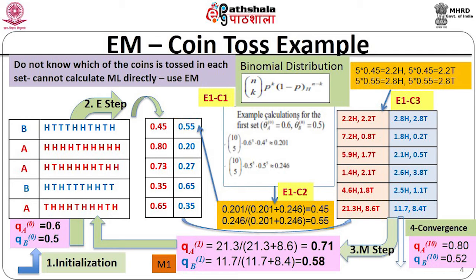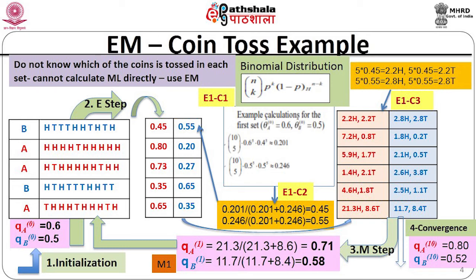Now, what do we do? We go back. Instead of using 0.6 and 0.5 which we used in the binomial distribution, we will now use 0.71 and 0.58. So, the probability of choice will change, that table will change. When that table changes, automatically my third table also will change. The first table we are just using for the data. And so, again my QA and QB will change, and this goes on and on till between 2 iterations